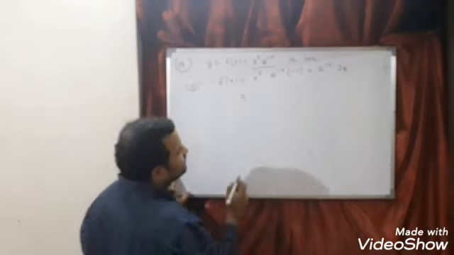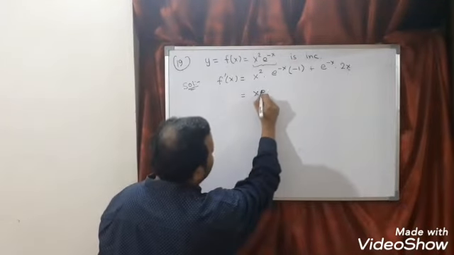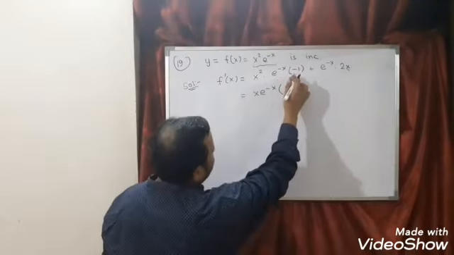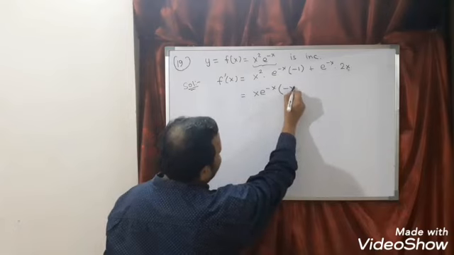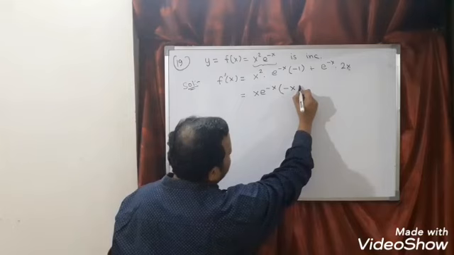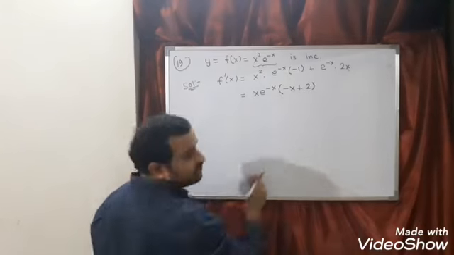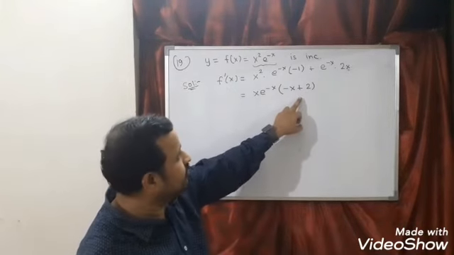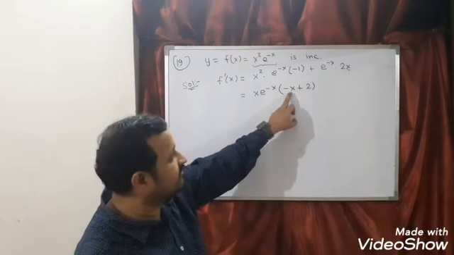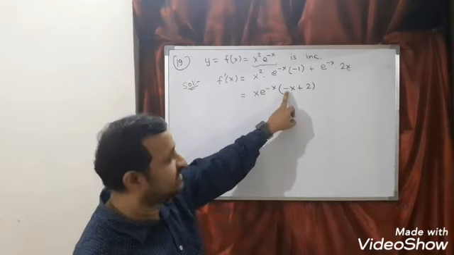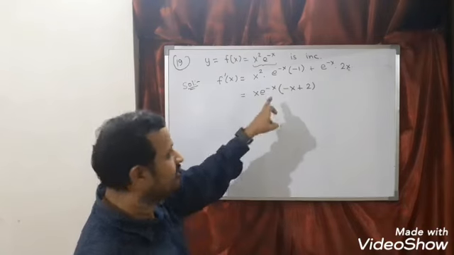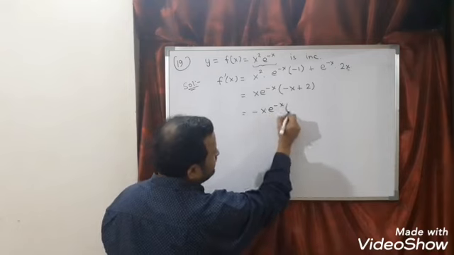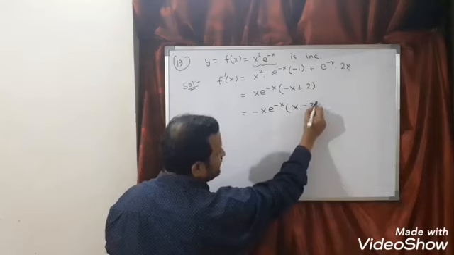Can we take something common? So you can see here x into e power minus x we can take common. What will you get here? I think minus x will come, and here plus 2. So first step is find f dash x. Second step is break it into linear form. Third step, coefficient of x should be positive, but here it is negative. So what I am doing? I am taking minus common. So minus x into e power minus x, and when you take minus common here, this is nothing but x minus 2.